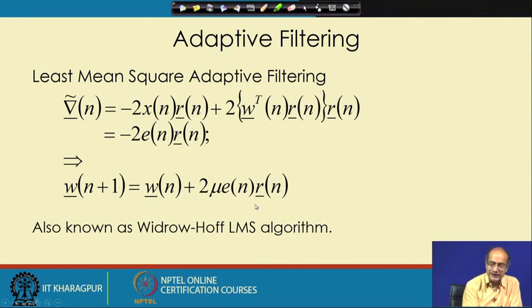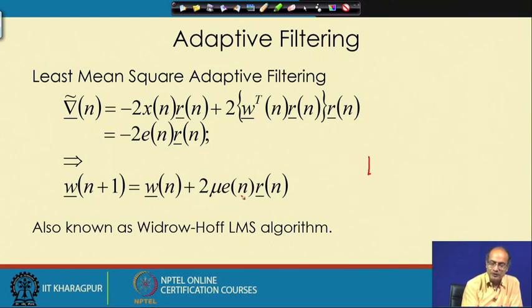So, here one multiplication, 2 mu is one scalar quantity, then another term is E n, and with that we are computing, multiplying with R n, that is having dimension m into 1. So, the number of multiplications it needs to compute